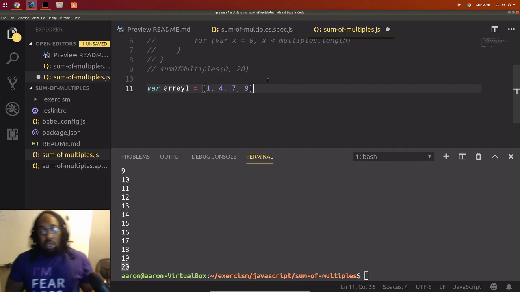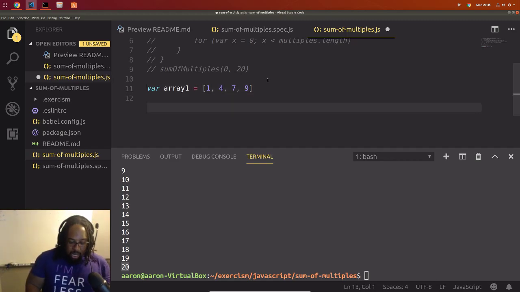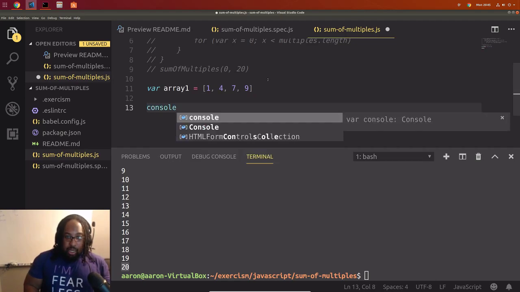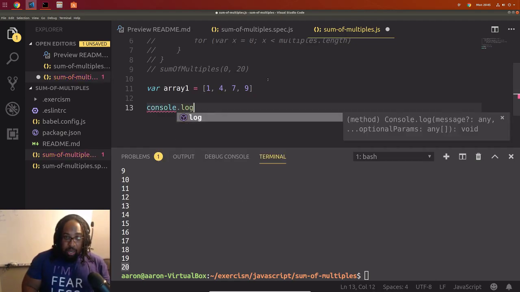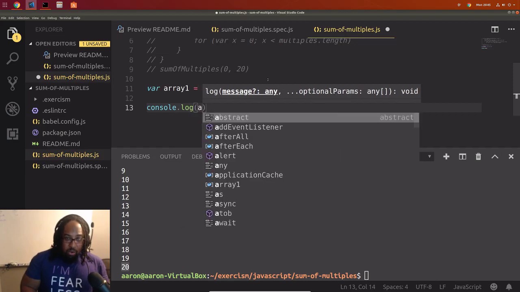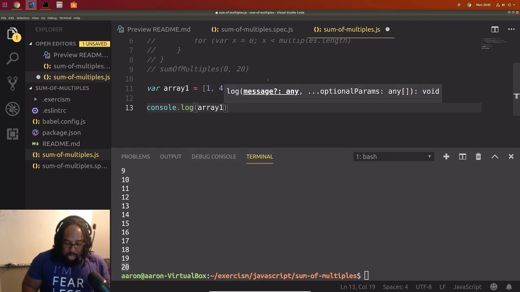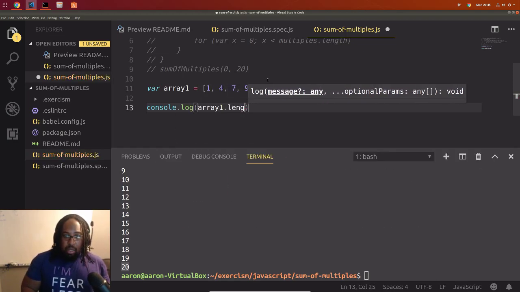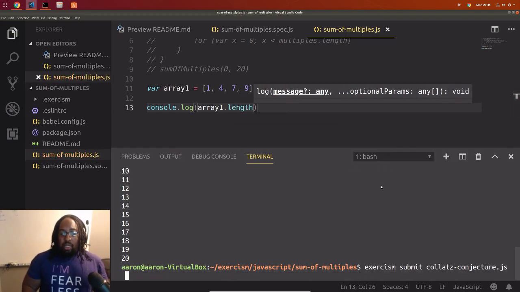All right, so there are 4 items in this list, and let's see what that length does. We'll print out array1.length.